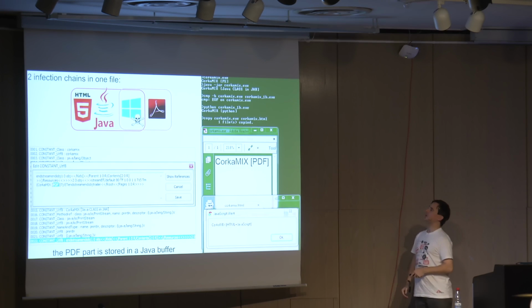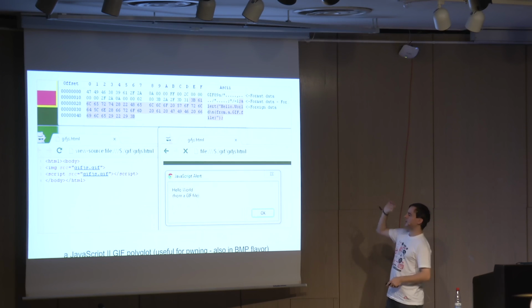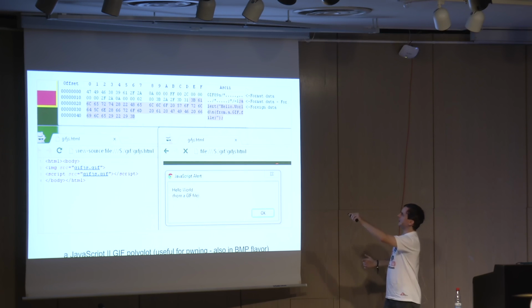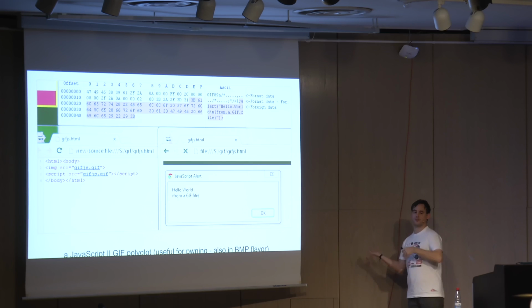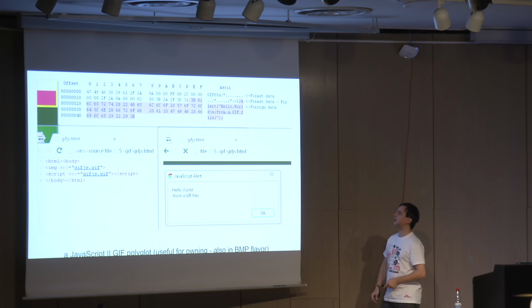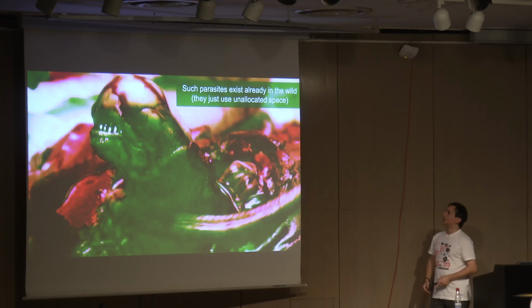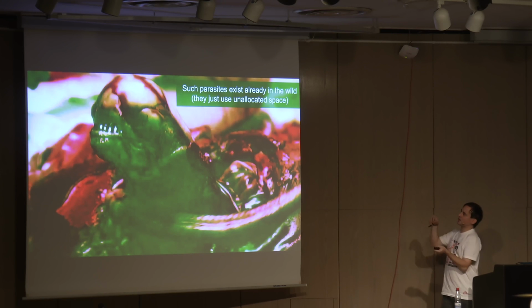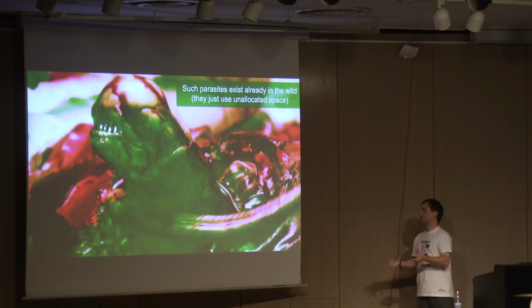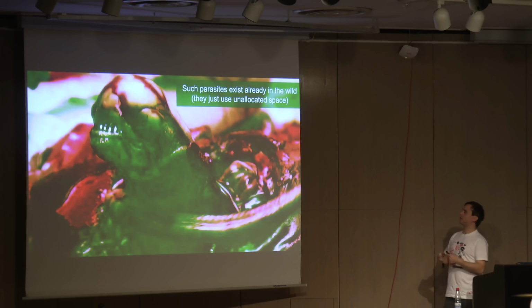You have some real-life examples in the wild. Another example that's actually used for pen testing: basically, it's a valid picture. Here you see the black line, which is the picture, and it's also a valid JavaScript. You abuse the header so that it starts a JavaScript comment, and you close the comment, and then you put your JavaScript, so it's a valid JavaScript and picture. You can break a lot of stuff with that. It's also available in BMP flavor for your pen testing purposes. As I said, this kind of host-parasite exploitation trick already exists in the wild. It was represented in some famous movies. It is just that the inner part used some unallocated space left or made possible inside the outer file format.